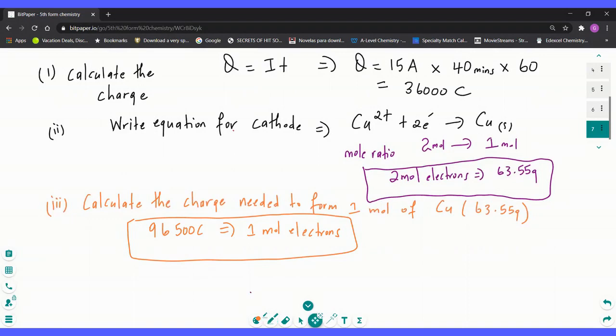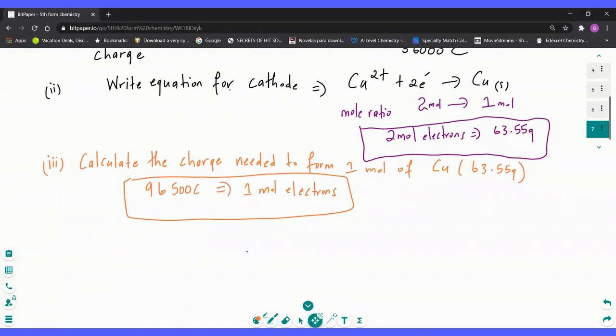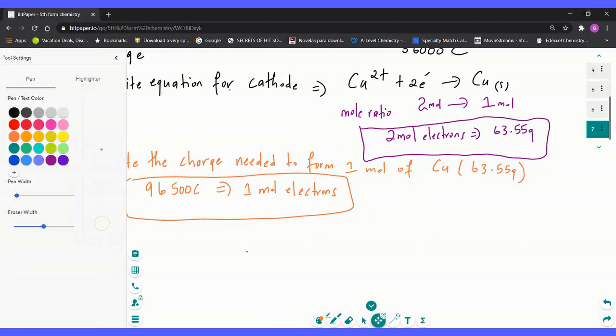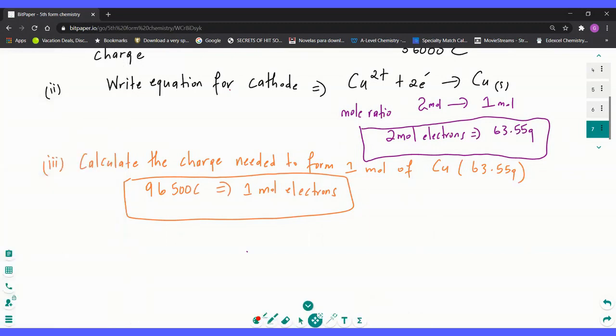So if it takes us 96,500 to get 1 mole of electrons, then if we needed 2 moles of electrons, that means we would need 2 times that amount of current, of charge, right? So it depends on how many electrons you need. If we needed 1 mole, it would have been 96,500. But because we need 2 moles of electrons to create the copper, we're going to say that we need 2 times